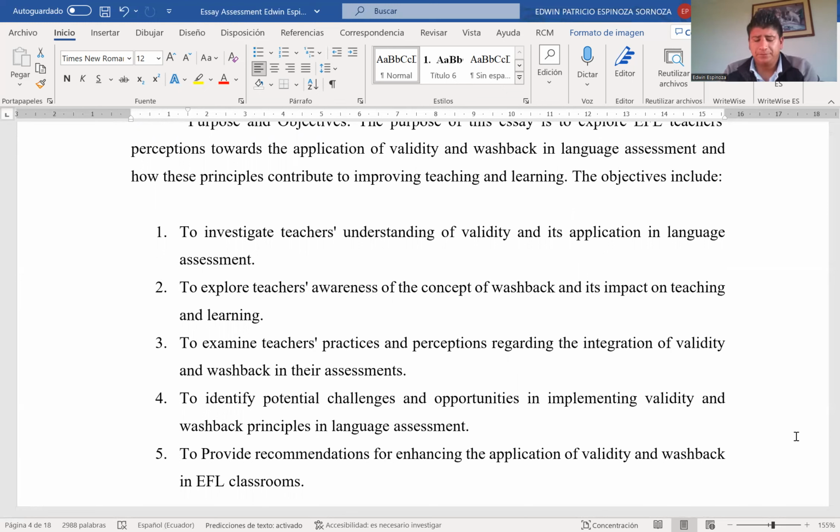So, in the first objective of this essay, I am going to investigate if the teachers have this knowledge and have the understanding of this principle of validity, okay? Number 2, to explore teachers' awareness of the concept of washback and its impact on teaching and learning, okay? As in the last objective, this second one, I want to find out if the teachers know about washback,